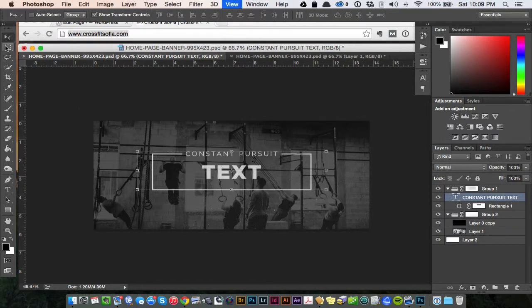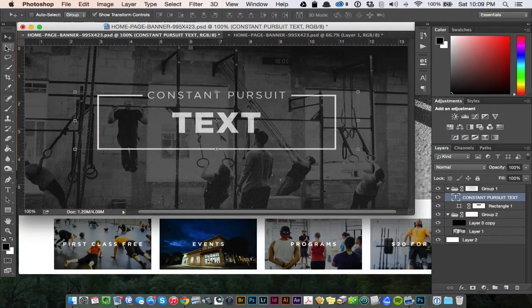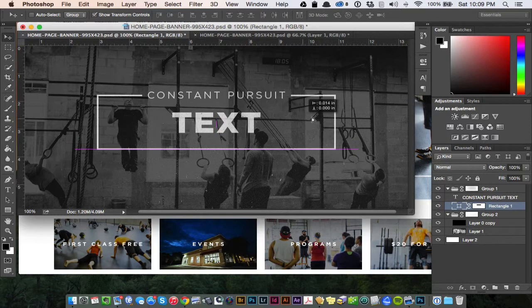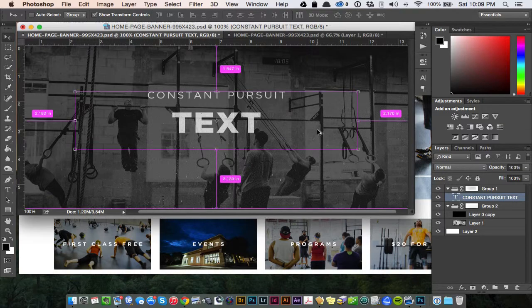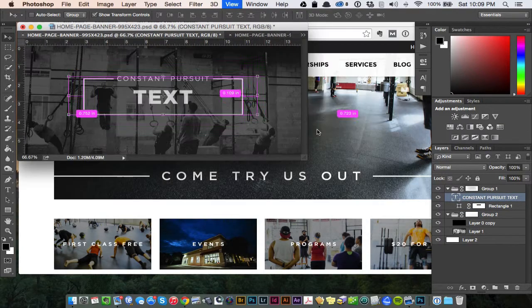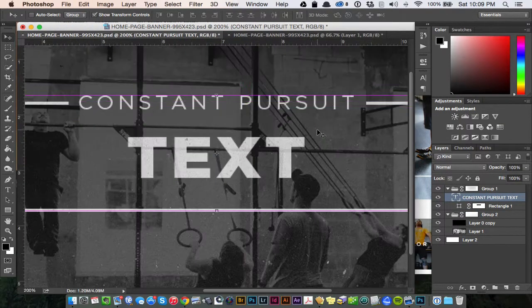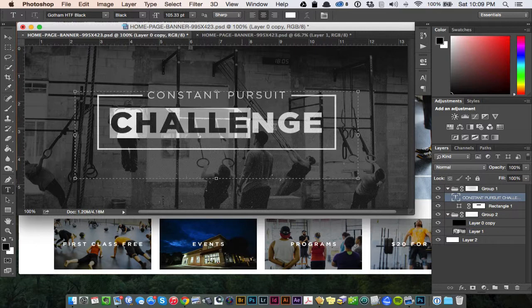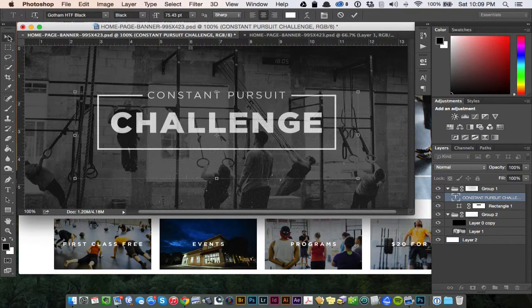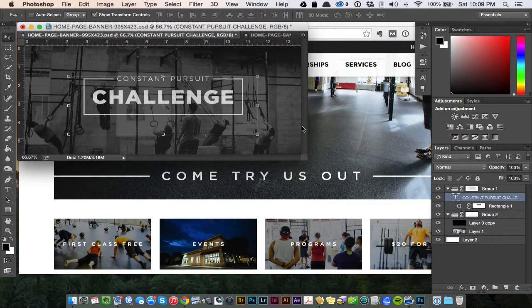So I wouldn't really recommend this one unless you have a good understanding of how to actually edit these graphics and sort of do other things. So this isn't a perfect example. If the text actually fits perfectly, meaning it's like the same characters and stuff, then you could go ahead and probably work with this. But if it doesn't, then